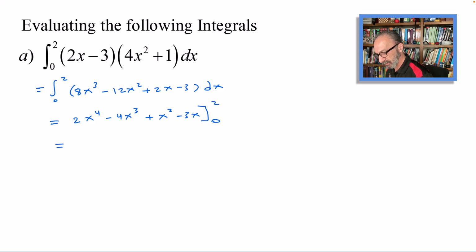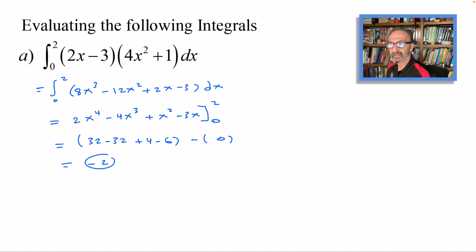We plug in 2 first, and that will give me 32 minus 32 again, plus 4 minus 6. Plug in 0, you get 0, and that's minus 0. Doing the math, 32 minus 32 cancels. 4 minus 6 will give me minus 2, and that should do it. That's for part A. Let's go for part B,